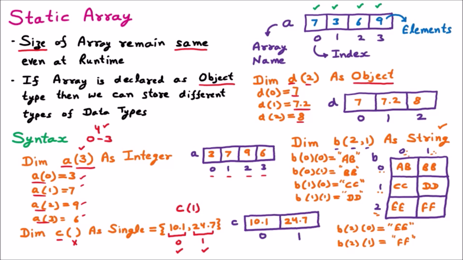Another option is that you can define the array in 2D or 3D. If you talk about a 2-dimension array, here you simply define the name, then X and Y. So row and column you can define. The first one is the row and the second one is the column. Here you can define string type, integer type, float type. It is up to you. So one by one, starting from 0,0, 0,1, 1,0, 1,1, then 2,0, 2,1, you can define the different values, and those values can come inside the array. So this is how we can define and declare the static array, and we can initialize their values. So that is all about the static array.